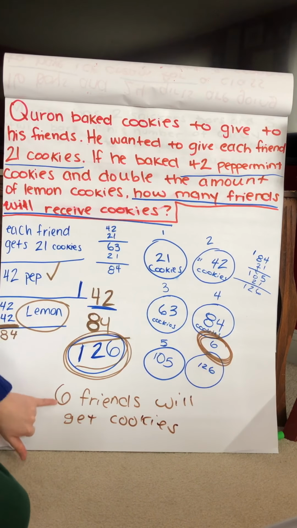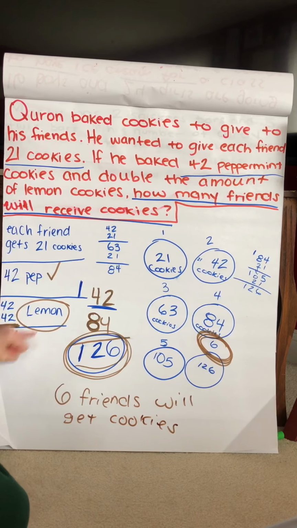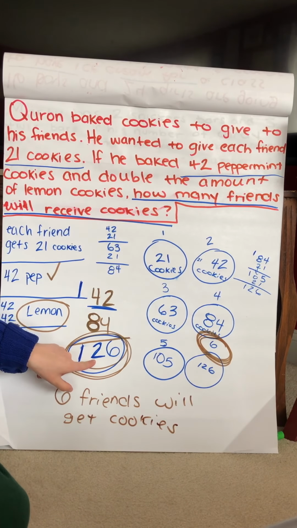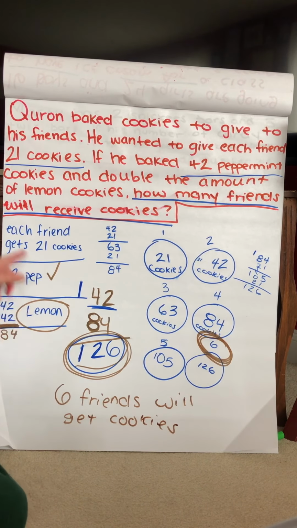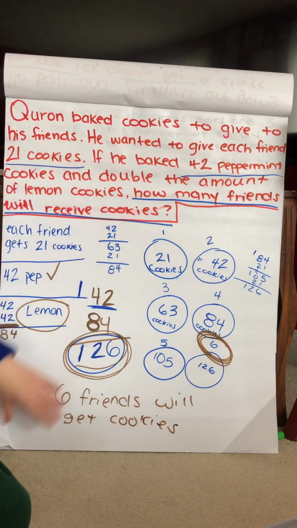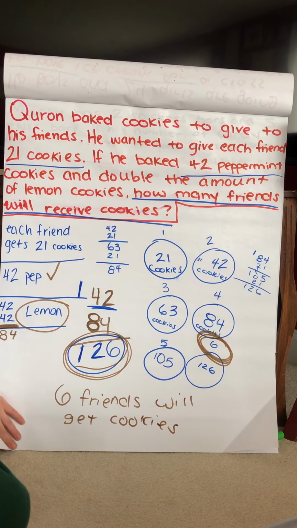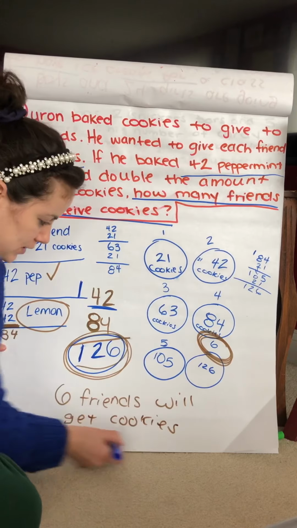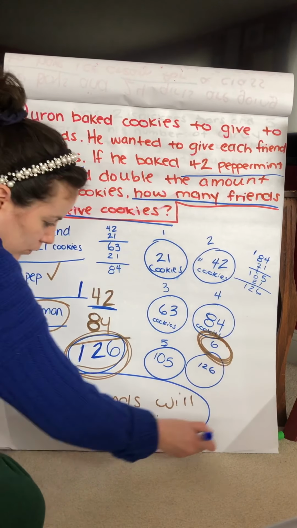In order for you to get to your final answer, first you needed to figure out how many cookies there were in total, which was 126. If you didn't figure this out first, and you just tried to give away cookies right away using 42, you would have been missing this 84. We cannot forget to do each individual step before we move on. So, if your answer was 6 friends will receive cookies,